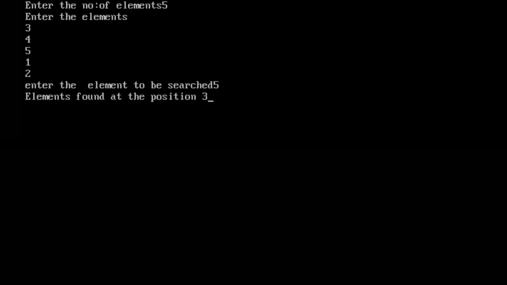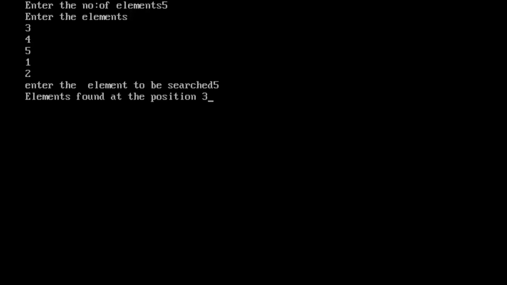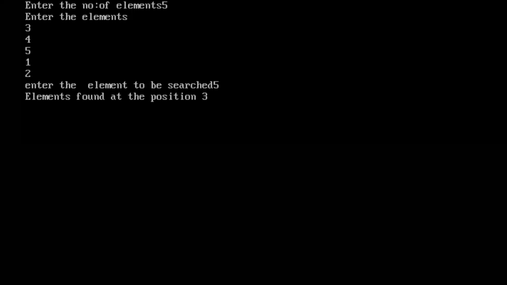Index number will be starting from 0. Which is the first element in the array? 3. So what is the index of 3? 0. Then what is the index of 5? 3, 4, 5.